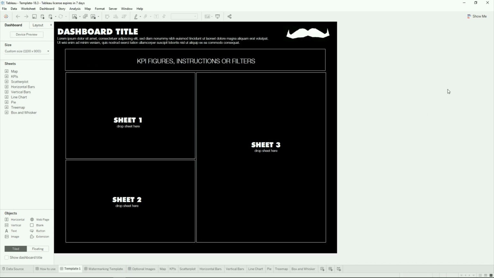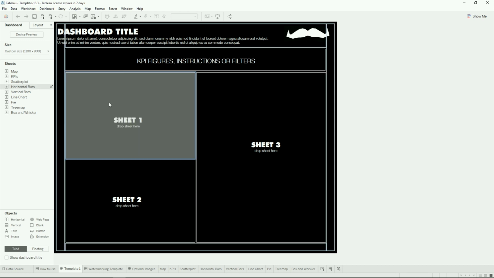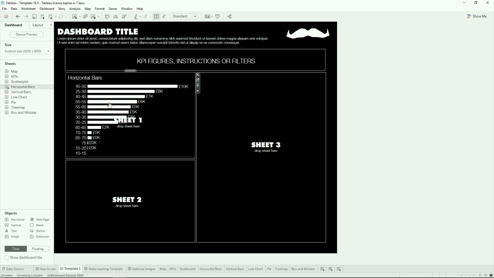So here I have placeholders, and you want to think about other items, like legends, KPIs or quick filters, and where those are going to go on the dashboard as well. You can make as many versions of these as you want, so you don't have to have everyone fixed to a single style of report. Obviously, you may have reports with more worksheets than just 3 and other objects as well. But what's great about this is that if I created a new visualization, all I would have to do is drag and drop it, and it would go right into the box where it belongs.